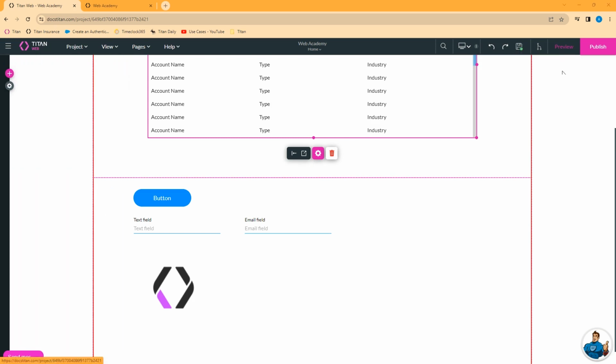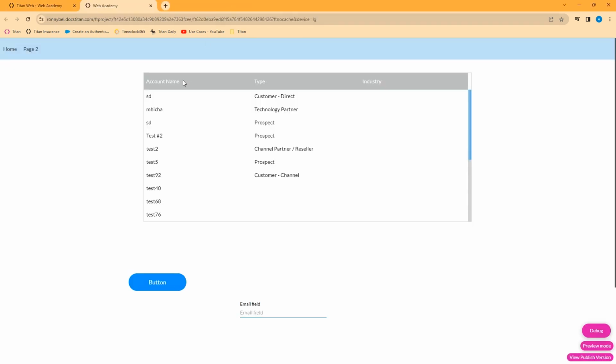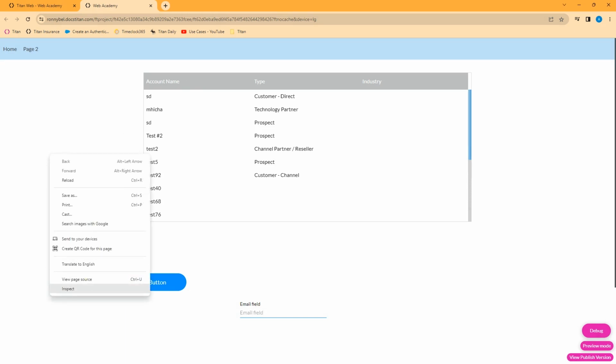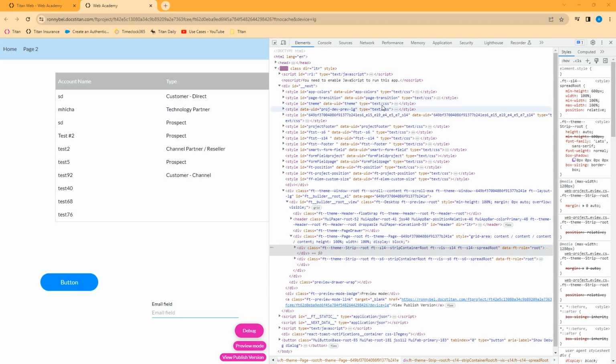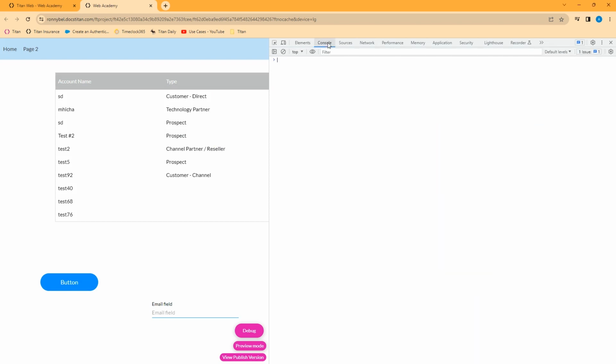Now, I will preview my project. I'm using Google Chrome. In Chrome, when the preview is open, right-click anywhere on the page and click Inspect. Other browsers are going to have similar tools that are accessed in a similar manner as this. From here, I will go into the console view, and I'll run the page again, refresh it, and watch what